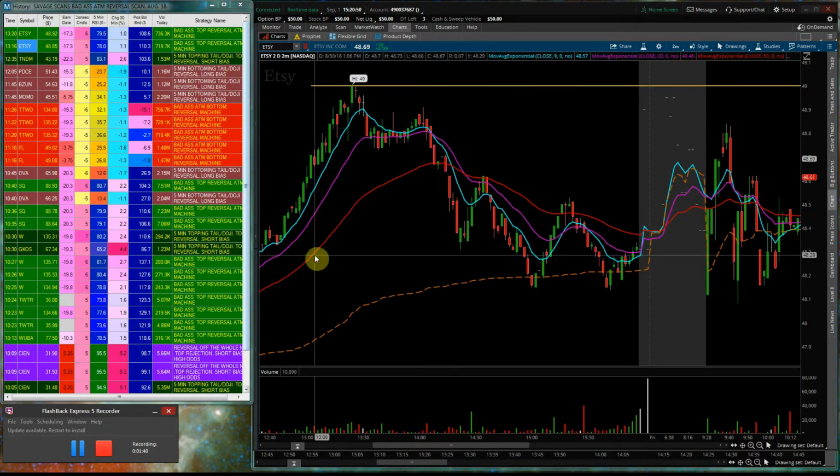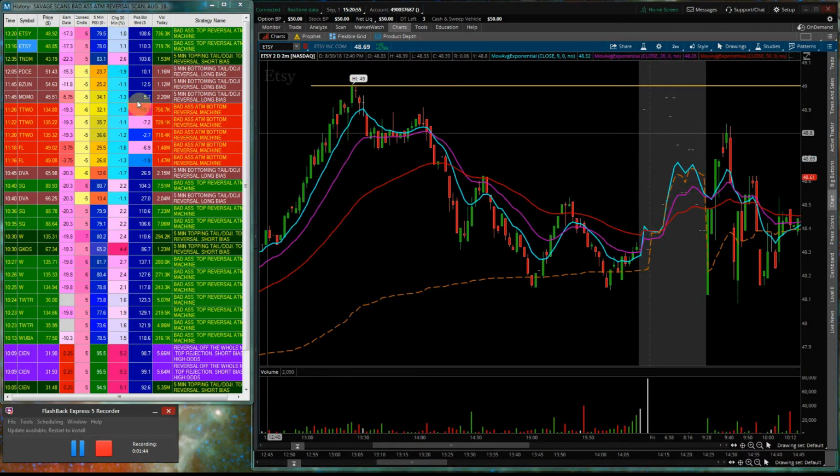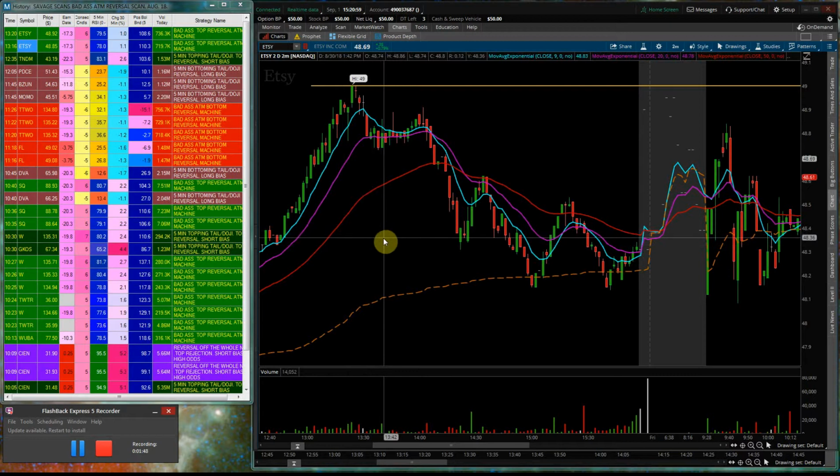But the point is, when something's overextended and certain criteria within this scan are met, it does have a good chance of reversing, and it depends on the market conditions on the day as to whether the top reversals will be better or the bottom reversals will be better, but ultimately it's a